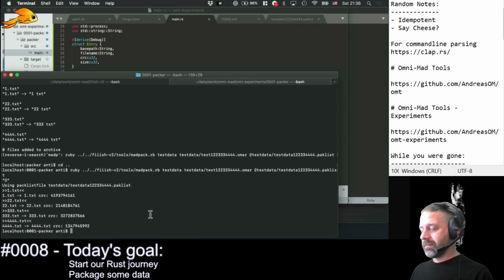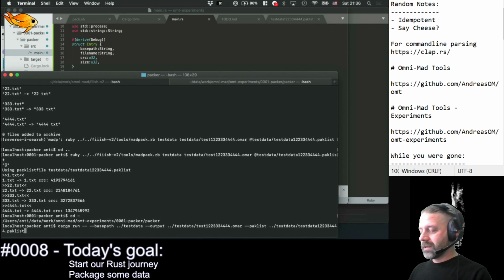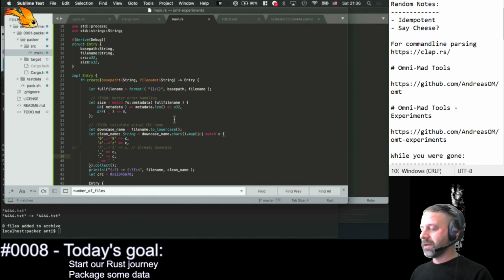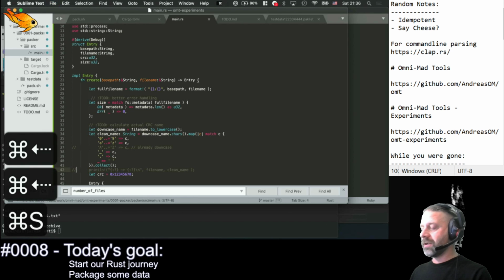So this is how we mangle them here. So let's do the cargo again. So we get the same result now, which is one step closer,